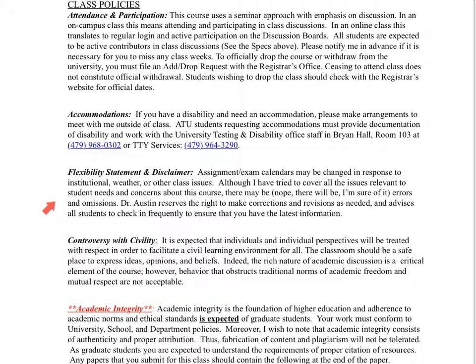Again, I often, unfortunately, have errors in the syllabus, or there might be some other things that we need to deal with. So anytime there's an issue for a student need or a concern, please bring that up with me. I am always willing to make corrections, make sure that everything is understandable and it works for you. If there is ever a situation where there's a dispute about timelines or when something's due, know that I will always solve that in your favor. You do not ever pay for my mistakes. So if there's ever a problem, I will always make sure to resolve it in your favor.